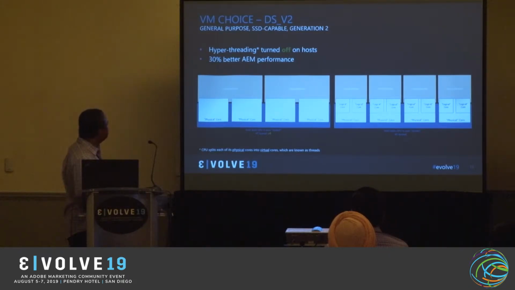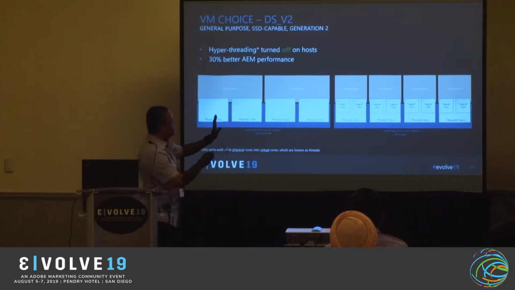The reason we ended up choosing an older version, V2, is very interesting, because we found that the performance of AEM on V2 was about 30% better. And it's kind of counterintuitive because V3 is newer. Our current theory, which has been proven, is the fact that on V2, the hosts don't have hyperthreading enabled. And if you have hyperthreading enabled, what typically happens is,